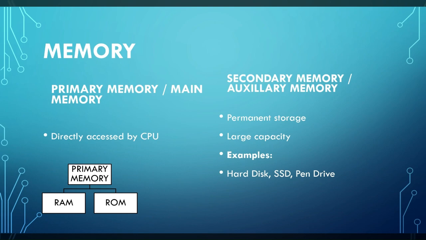And one more thing, as the storage increases, so does the cost. You must have seen the same model of a phone with lower storage is offered at a lower cost. But if the storage increases, then the cost for that phone also increases. So we can say that there is a direct connection between these two. As the storage increases, so does the price. Also, primary memory is fast compared to secondary memory. Also, primary memory is expensive compared to secondary memory.